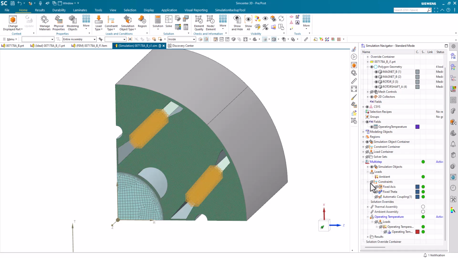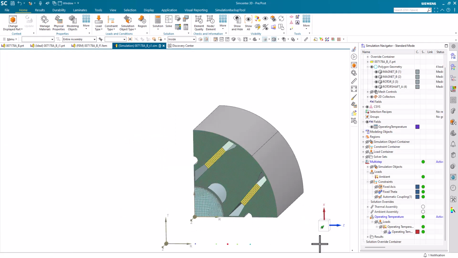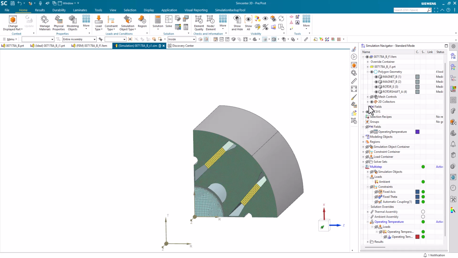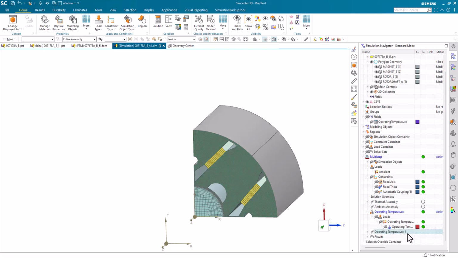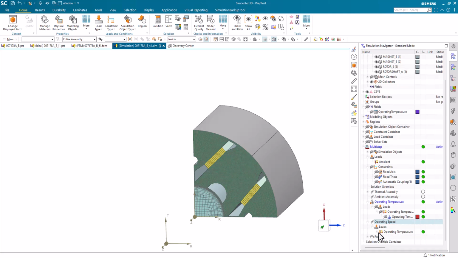Okay, so then hide that display. And then for simplicity, for the definition of my last step, I'm going to clone the one I have here, and it's going to use the same operating temperature. I'm going to clone just one step and say OK. Rename this to be operating load, operating speed. I'm adding a rotation load, so you can see it's got the operating temperature in there, and I need to make this active,